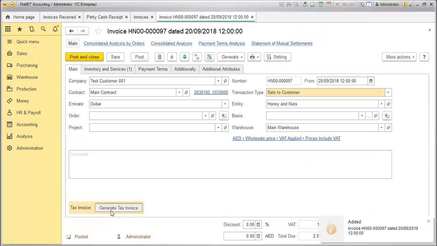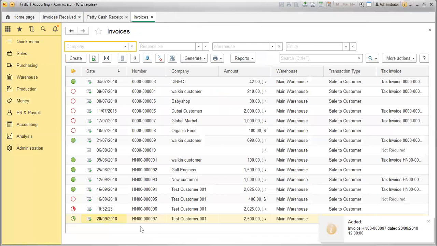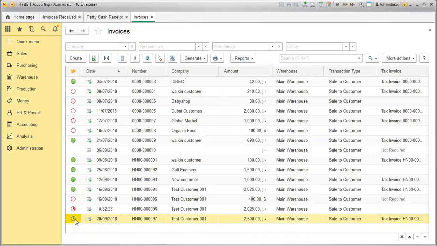Click generate tax invoices. Now if you open this 97 invoice number, you can see that from the prepayment you are already receiving, it will be green color, which means partially received. If you open this tax invoice now,